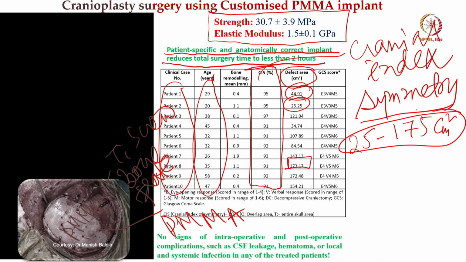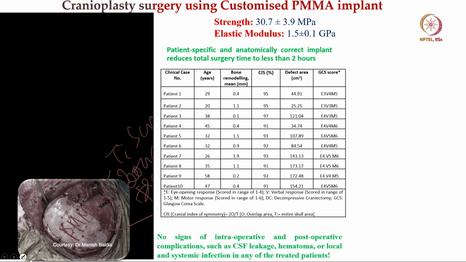What is the clinical outcome analysis? Clinical outcome analysis means how the patient behaves, how the patient performs their physiological functions post operative after the cranioplasty surgery. Right. So, what you see here, there are different ways that you can measure the post operative outcome. Like one is called eye opening response. Okay. This is called Glasgow Coma score, eye opening coma scale.